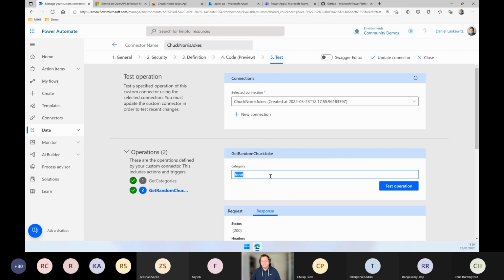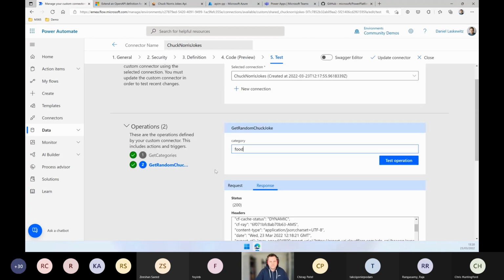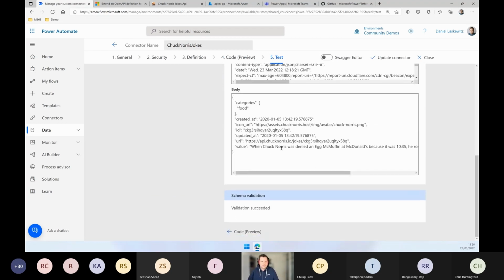But if I want to connect this to the get categories part, I can also show a dynamic dropdown that will automatically get all the categories from the get categories step. And then I can just select one of those categories. So I don't have to first run the get categories to see what categories there are. I can just use that in a dropdown, just like you know from the Teams connector where you can select a team and where you can select a channel, etc. So that's kind of the basic part of how to